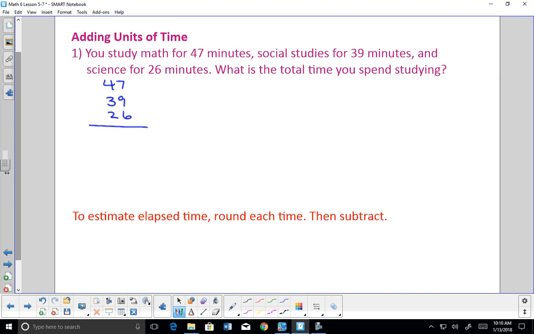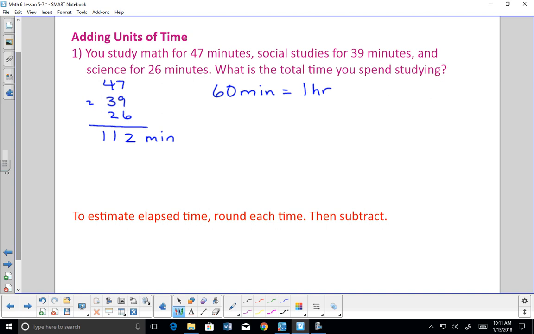If we add up all of our minutes, let's see, 9 and 7 is 16, plus 6 is 22. So 2, carry my 2, 4, 7, 8, 9, 10, 11. It's 112 minutes. Now, if you said you studied for 112 minutes, some people might ask, how long is that? Because they can't visualize 112 minutes, they need things in hours and minutes. Since 60 minutes equals 1 hour,